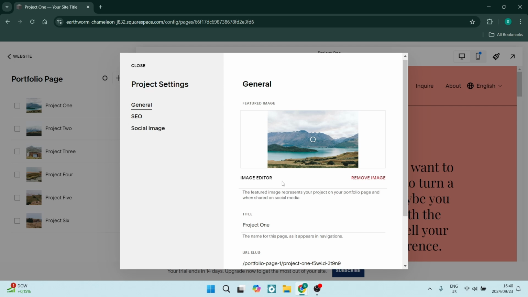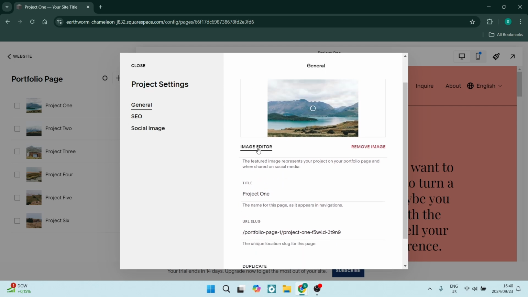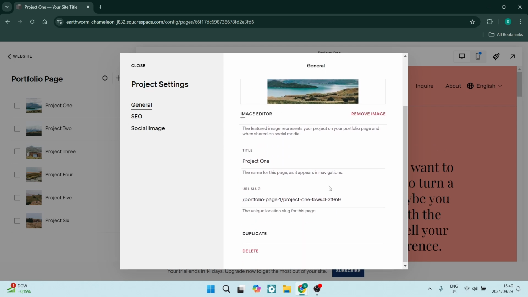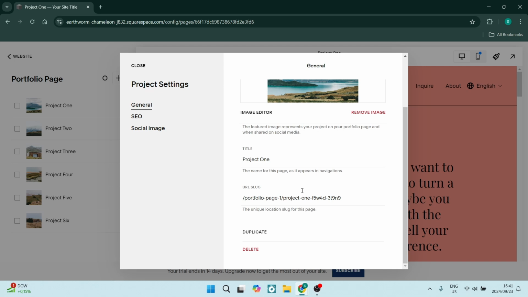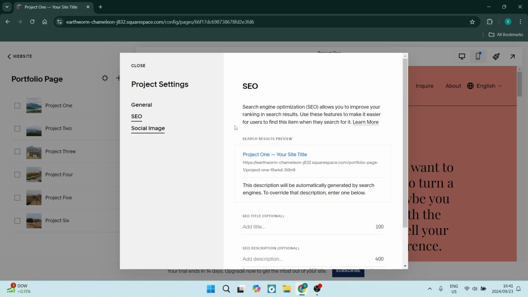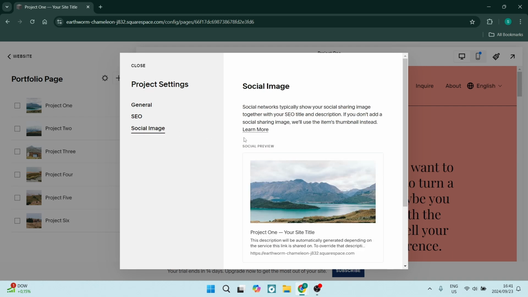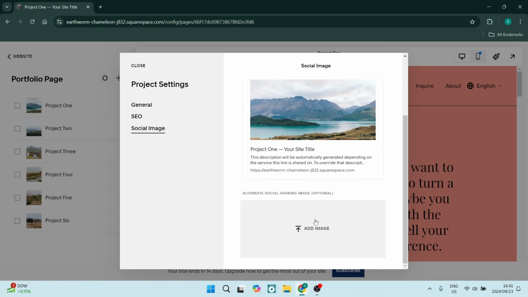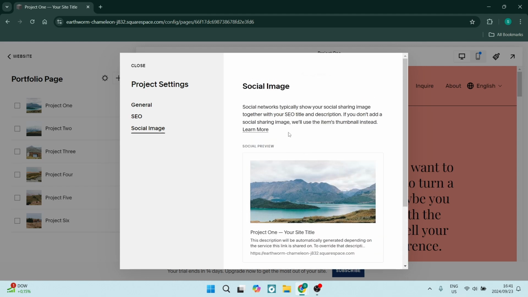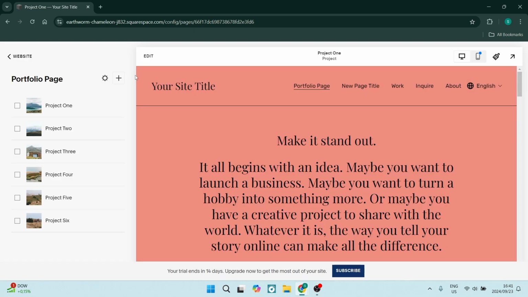So this is project one. You can also use their image editor if you want to enhance your images. You can change the title, URL, slug, and then you can just duplicate it. You can also change some of the SEO settings. You can see over here there's some options. And then also there's a social media tab, which allows you to choose how your content will actually show on social media networks. Let's go and close this, and let's go up to the top, and you can see that